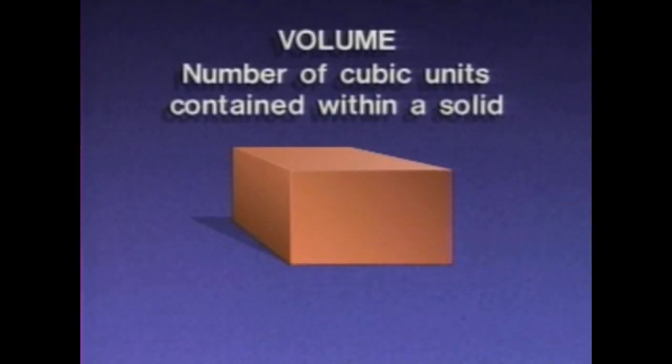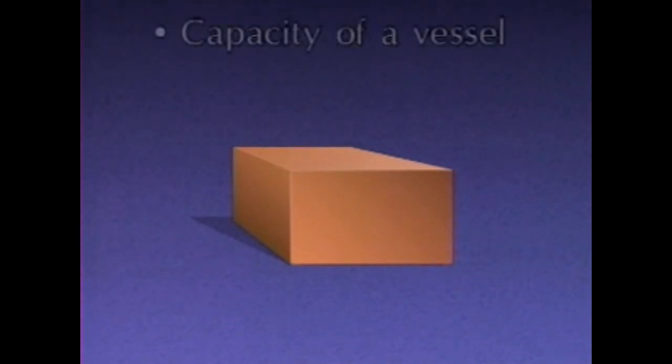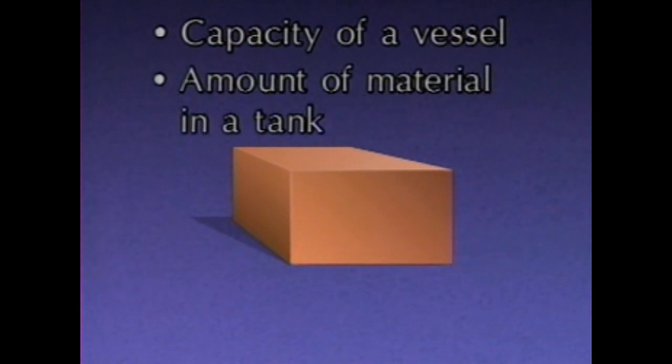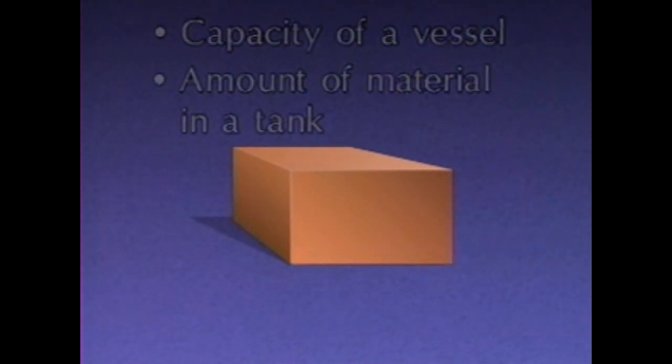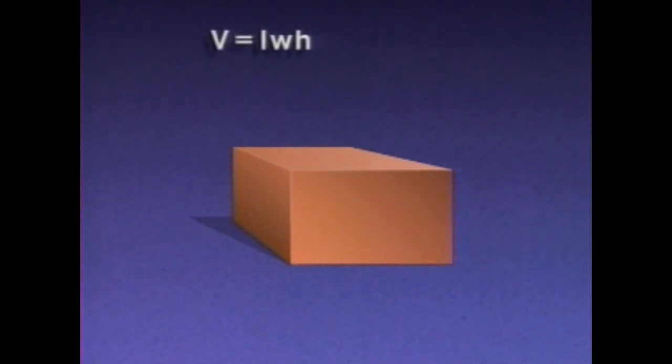A volume describes the number of cubic units contained within a solid. Basically, volume is a measure of a three-dimensional object or space. Volume formulas are helpful for figuring out things like the capacity of a vessel or the amount of material in a tank. The formula for the volume of a rectangular container is volume, V, equals length, L, times width, W,